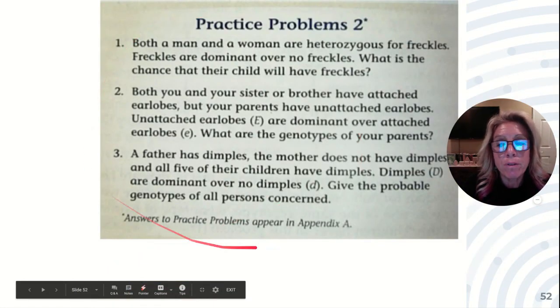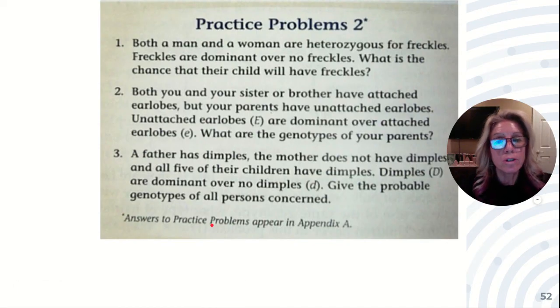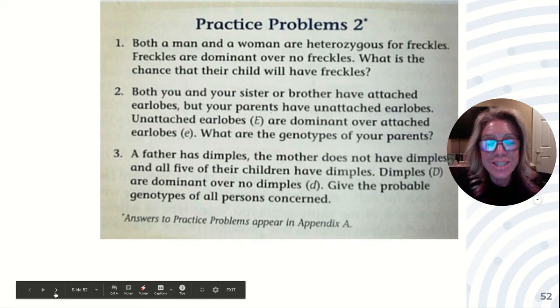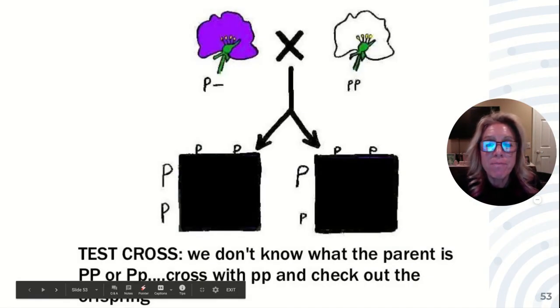Okay, and you have 3 practice problems, and I encourage you to do those 3 practice problems right here, and then I will be going over these in class if you are in my class. All right,